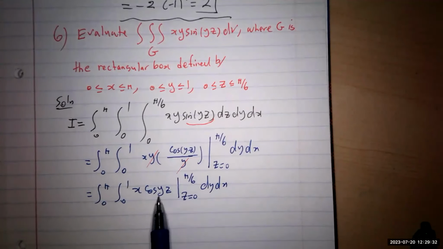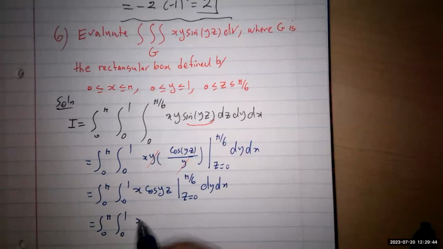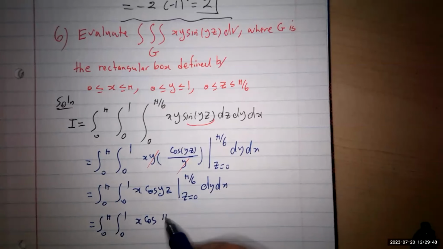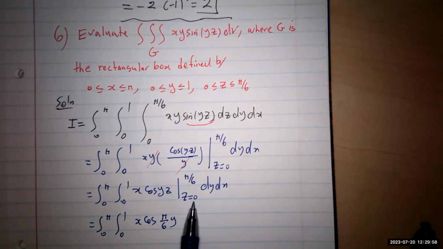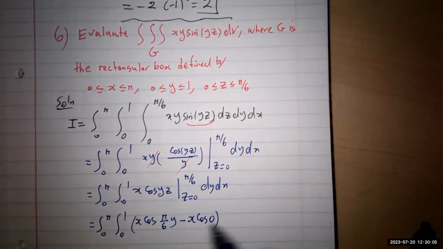Because you put the pi/6. Okay, so it's going to be 0 to pi when you substitute. If you put the pi/6, that gives you x cosine of pi/6 y. Then it's going to be minus x cosine of 0. Okay, then we get the dy